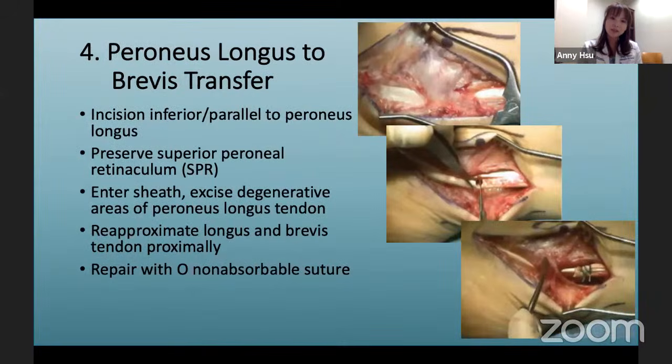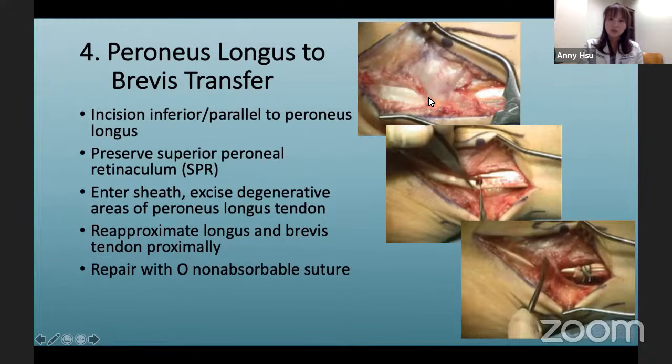Going back now to the hind foot again, your peroneus longus can be transferred to the brevis to help strengthen your everters. If you are doing an open calcaneal osteotomy, you can use the same incision. And one incision you'll make is basically cheating in between the peroneus and the calcaneus, so making an incision that's parallel to the peroneus longus, but slightly inferior. And that way you can address your calcaneus and your peroneus tendon here.